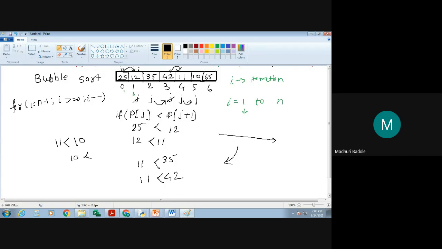Is 10 less than j plus 1, that is the 65? Is 10 less than 65? Yes, it is. So swap the elements. That is, 65 is going to be swapped with the 10. So write it over here: 65 and over here 10.